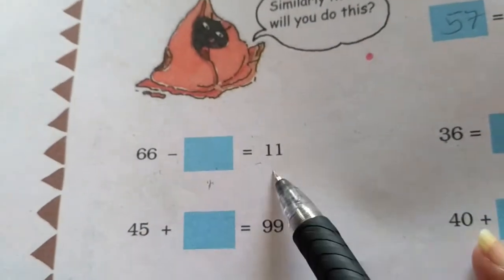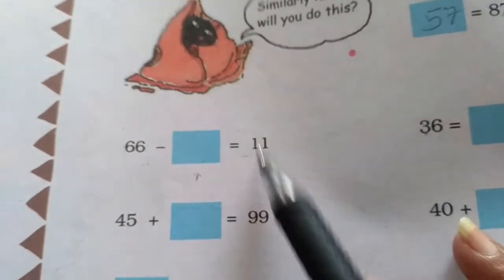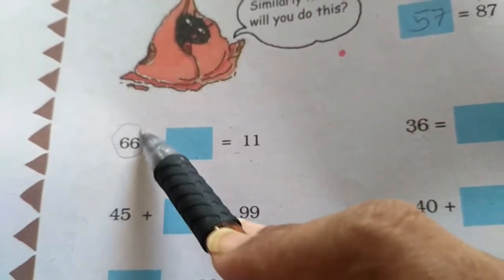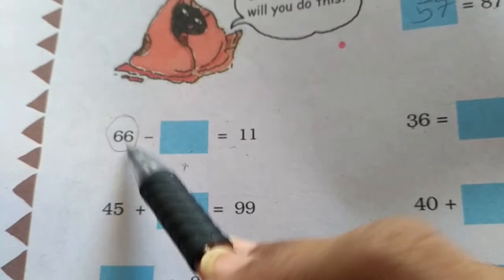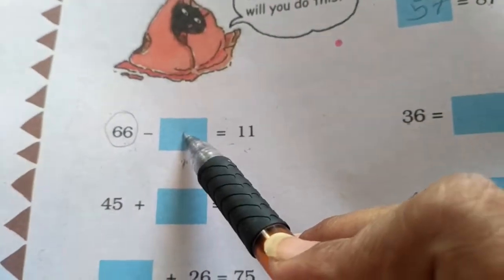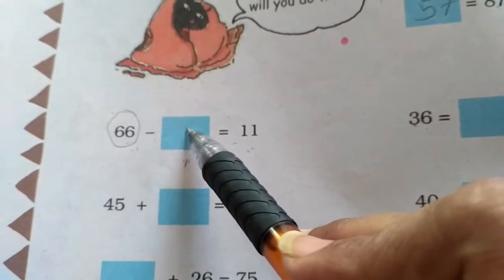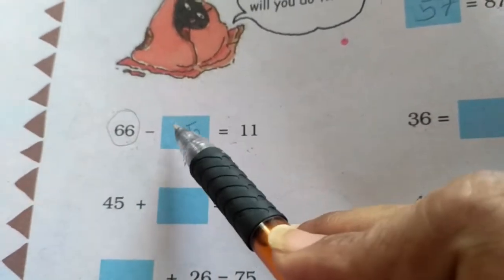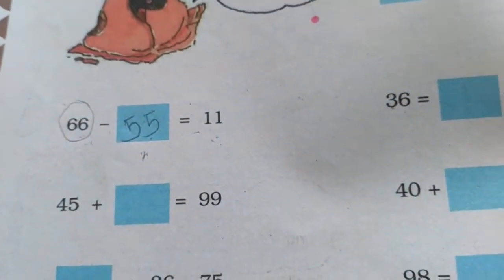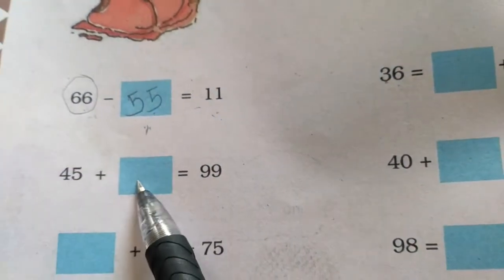आप यहाँ पर क्या करोगे? Subtraction करोगे. See, in subtraction you are going to subtract from the bigger number. Fine. So this is the bigger number. From this bigger number you will subtract the answer. Then you will get the second number. So 6 minus 1, 5 and 6 minus 1, 5. So that's the answer.